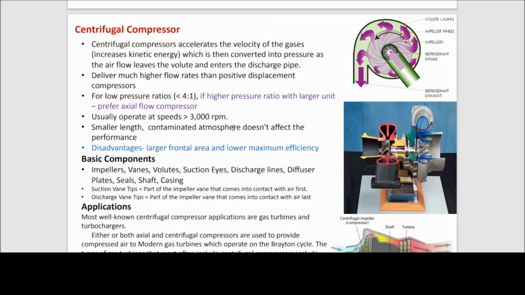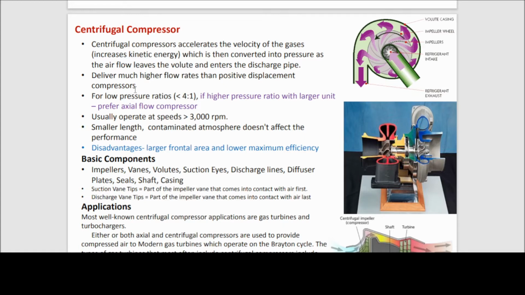So once again I will tell you, the energy is always converted from one form to another and everything is accounted. Now electrical energy is converted into mechanical energy, and that mechanical energy is converted to the kinetic energy of the fluid, and that kinetic energy is again converted to the pressure of that fluid. So how it happens, we will see.